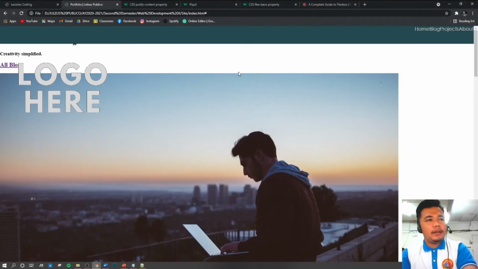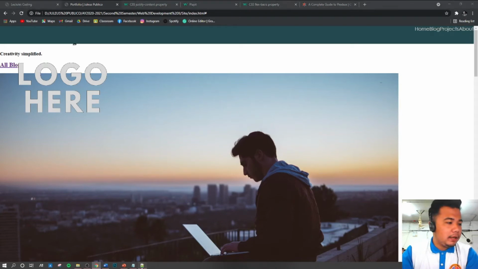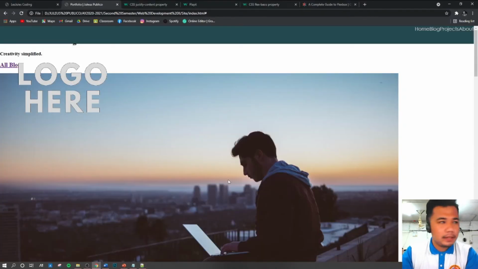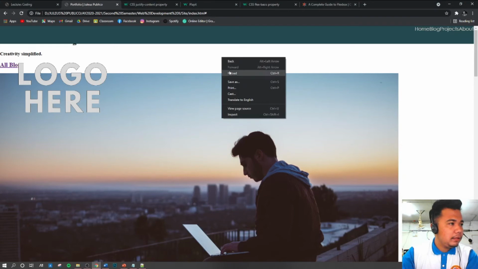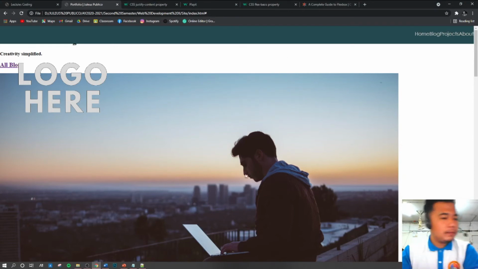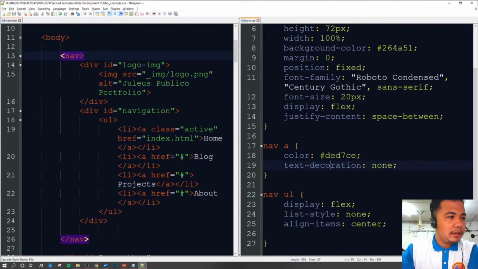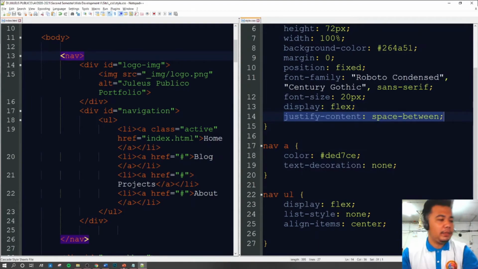All right. So what do you mean by justify content? For the meantime, let's remove the margin here. Let's save that. Align items to center. Okay. All right. For the meantime, what does it mean when we say justify content space between? Let's open up